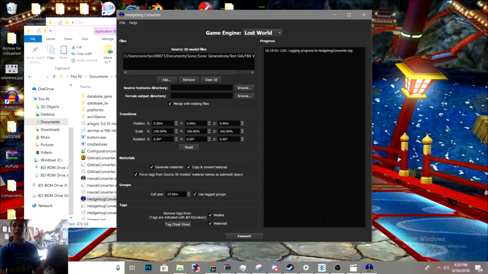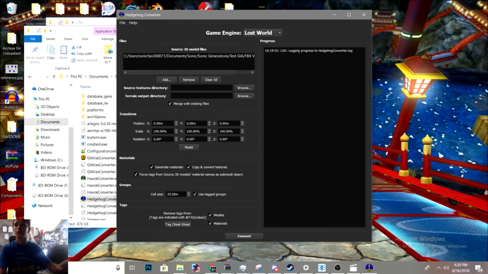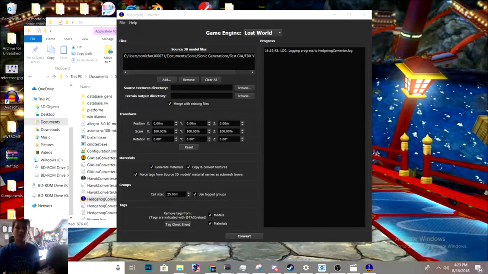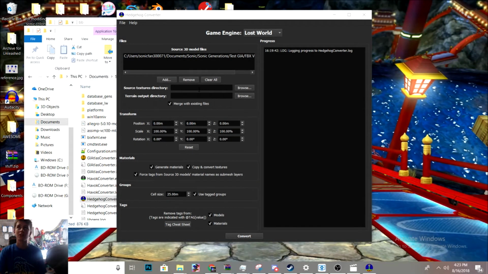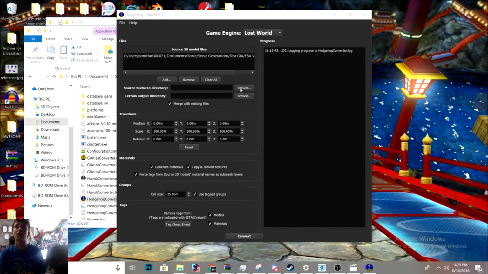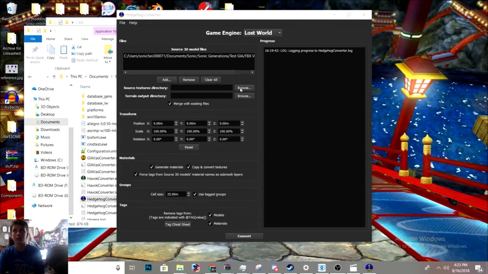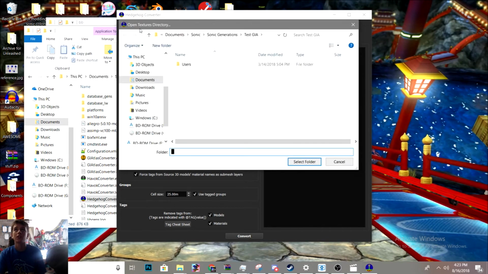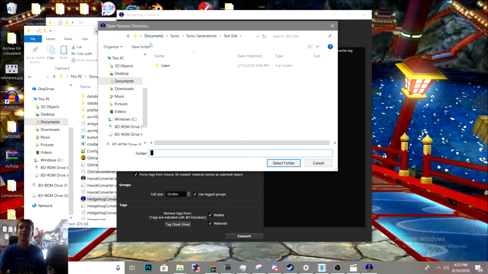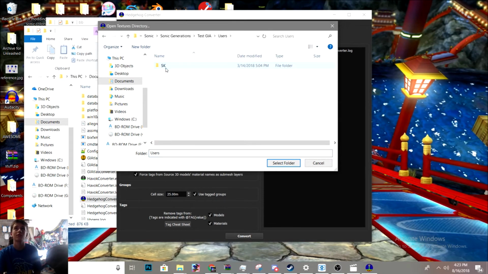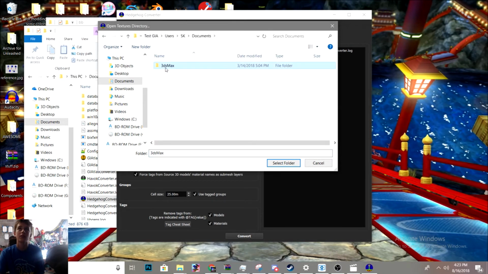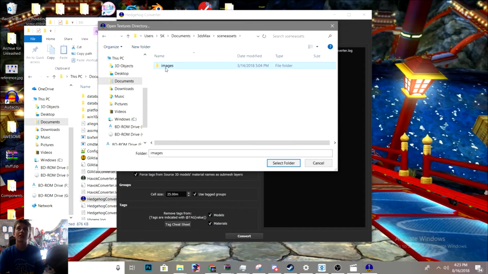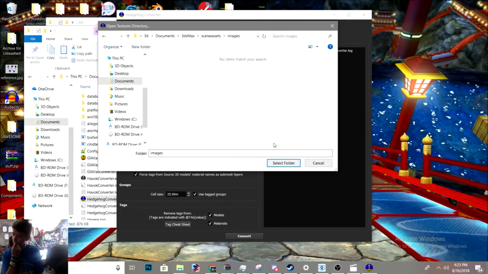Oh, excuse me for a second. There's a lot of edits in this video, isn't there? So, anywho, you would click on browse, and basically we're gonna choose our textures directory, what essentially is inside users, SK, documents, 3ds Max, scene assets, images. Yeah, that's a lot of folders,